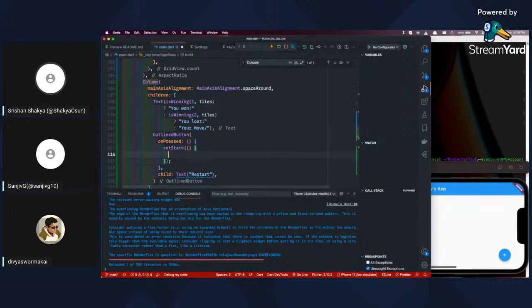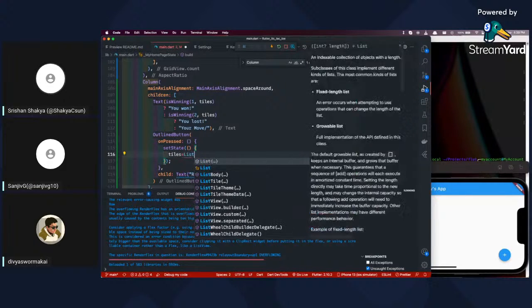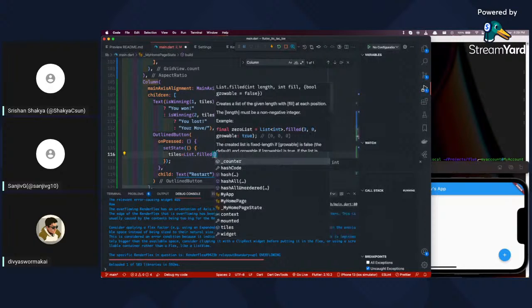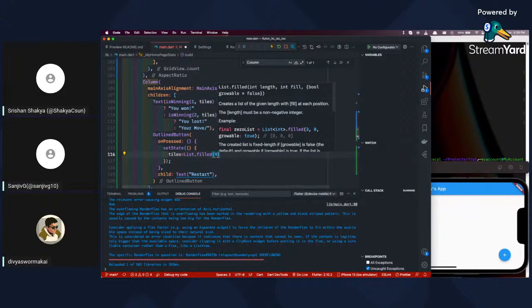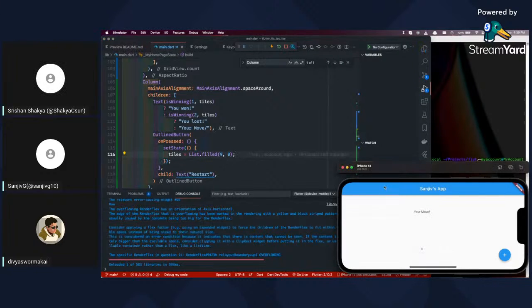And we can also provide the main axis size, and the cross axis will be just the opposite. If the main axis is the x-axis, then the cross axis will be the y-axis. In line 106, we have set the main axis alignment to MainAxisAlignment.spaceAround. What that does is add space around the children so that the column can occupy as much space as possible.